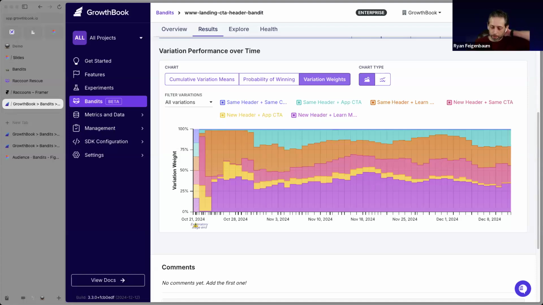There's also contextual bandits, which we don't have support for right now, but it is on our roadmap. If you're interested in contextual bandits, let us know. But that has other issues as well. The difference is that contextual bandits figure out more based on user behavior or other attributes, to give a more personalized